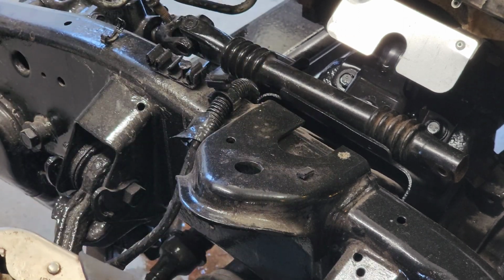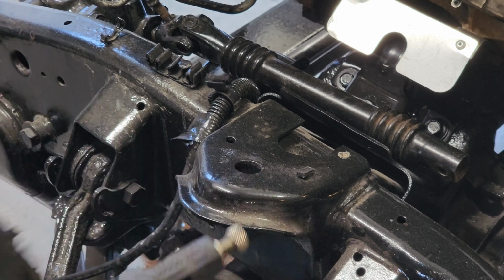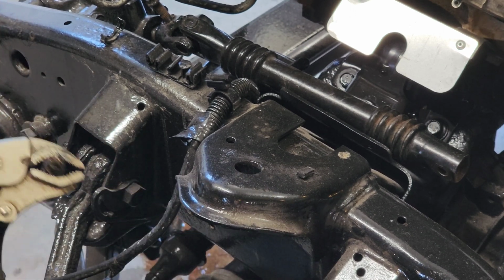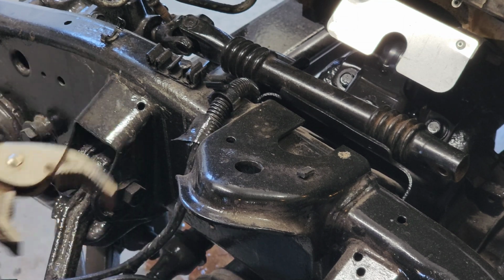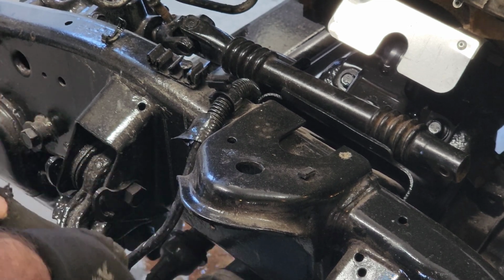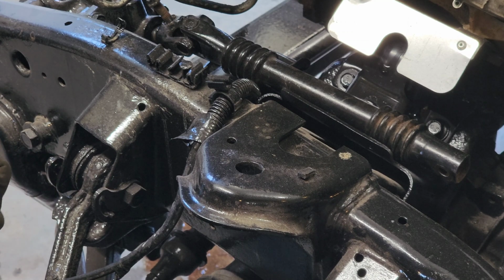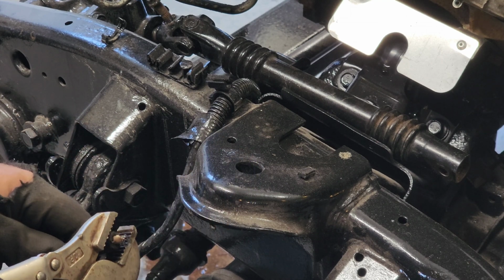There's no way that this is gonna flip out or cause me to have to buy a new line, or even I don't like putting heat on brake lines. That is something I try to avoid at all costs. So much that even when I was a technician, if I had to put heat on the brake line, I